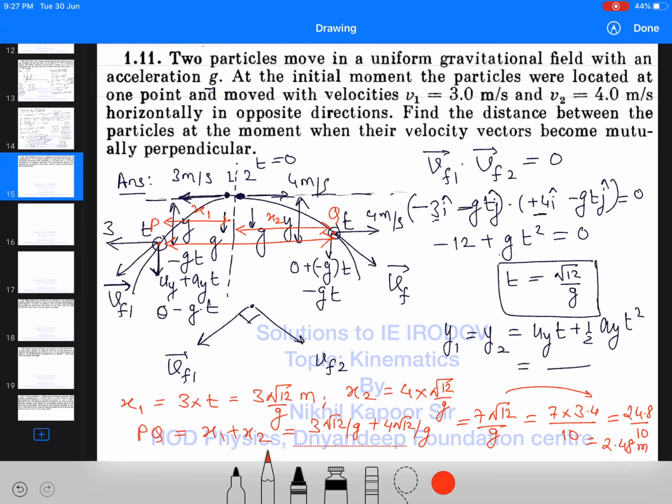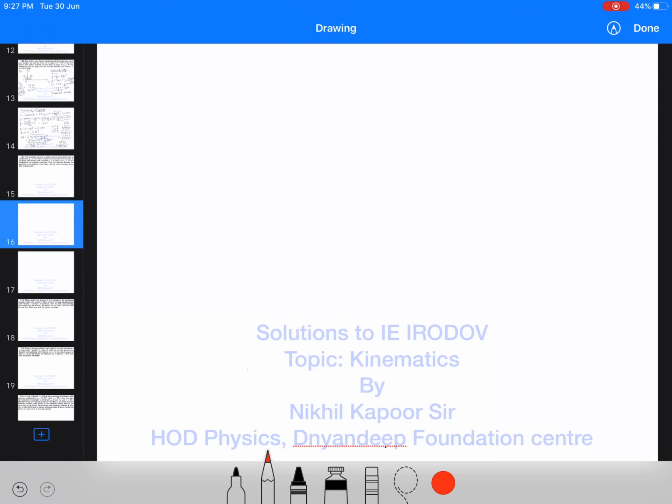And if this is 2.48 meter, I can write this distance PQ as approximately 2.48 meters. So we can round it off to 2.5 meter, which is given